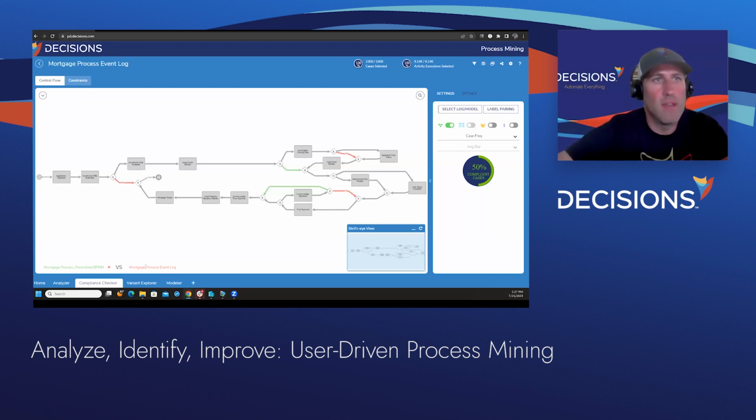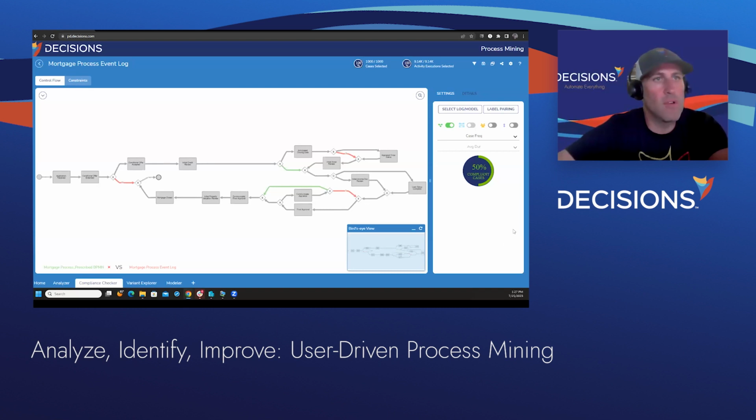We can natively connect this process mining tool and embed it or natively connect to a Decisions process so we can constantly log or keep our eyes open for any areas of improvement within the automation space as well. But again, you'll see the same states, or same activities, that I previously showed you.